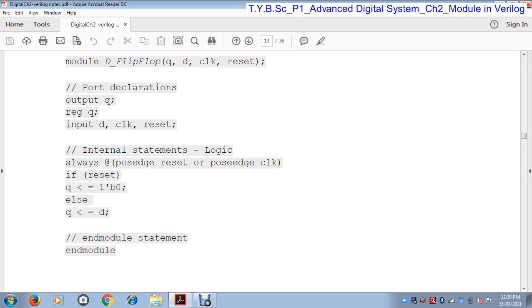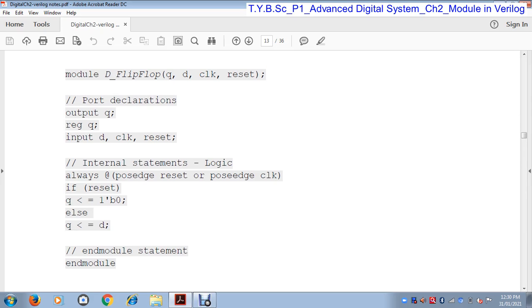Okay, so this is the module. A module is nothing but a functional body of Verilog HDL. Here the module keyword is used to define that this is the module. Okay, so this is the module name and these are the parameters of the D flip flop. The Q parameter is the output parameter, D, clock and reset are the input parameters.